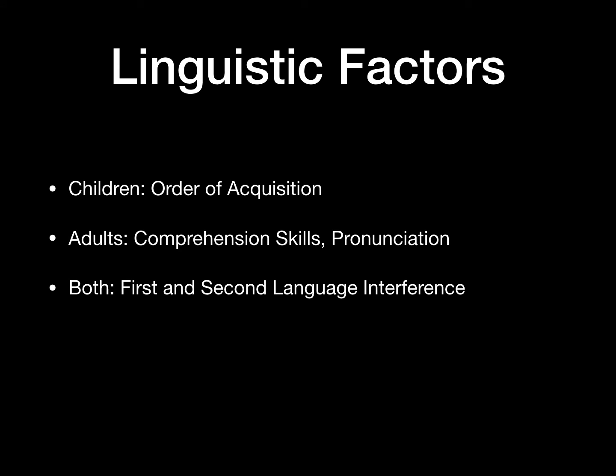There isn't much to back up children having the upper hand when it comes to linguistic factors in second language acquisition, aside from the sequence in which they learn a language. There is a specific order of acquisition that children are taught language for them to learn it the easiest. If you stick to the same sequence with a second language, the children will learn it easier.